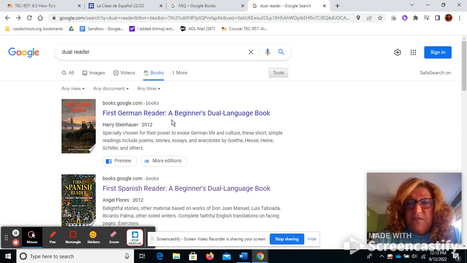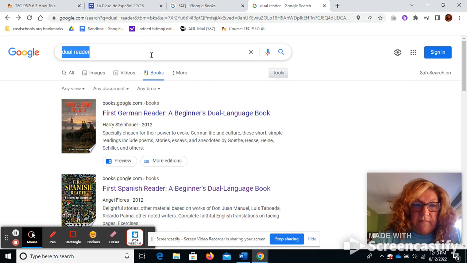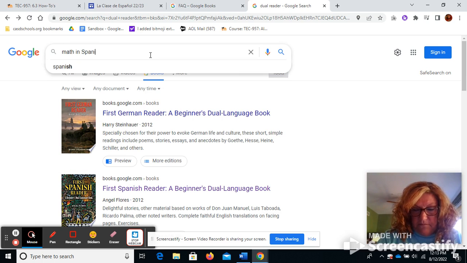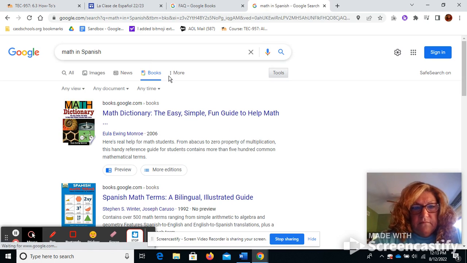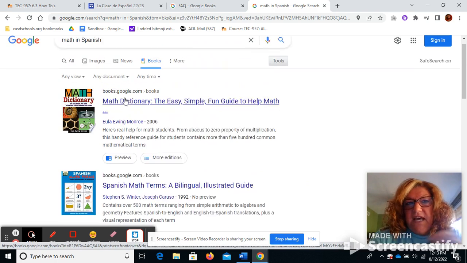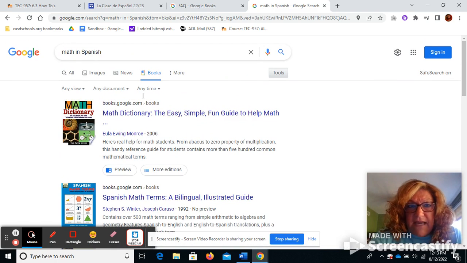Also, for a native speaker, I think it's really important that they can search on their own for maybe, let's say if we wanted math and Spanish, okay? Although I don't know if that is Spanish math terms. Things like that kids may not realize that they had access to previously. So check out Google Books. I think it's kind of a neat thing. And I hope this helped you realize what are some other uses that Google Books